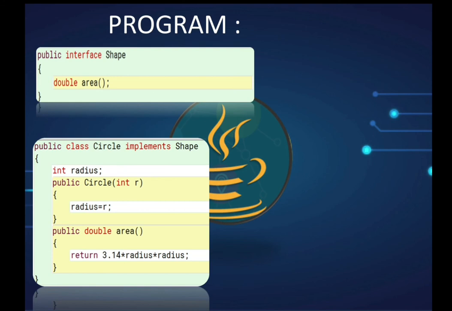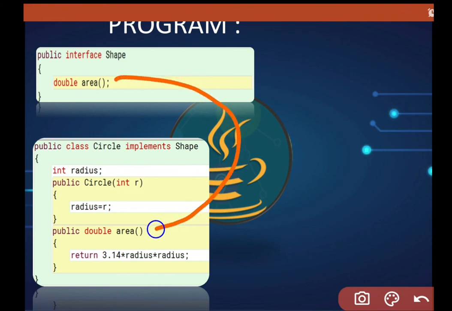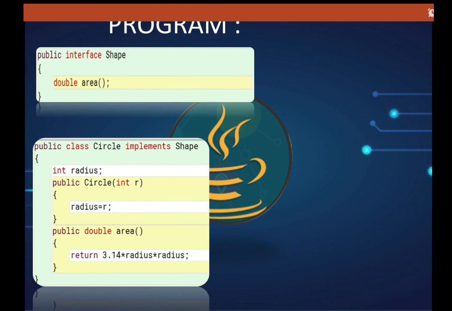Here we are implementing the area function. We are providing a body to the function. We have to do that. We have to provide a body to an abstract method of an interface when we are inheriting it. That's why a body is provided in this derived class, by returning the value of the area of a circle, pi r square.